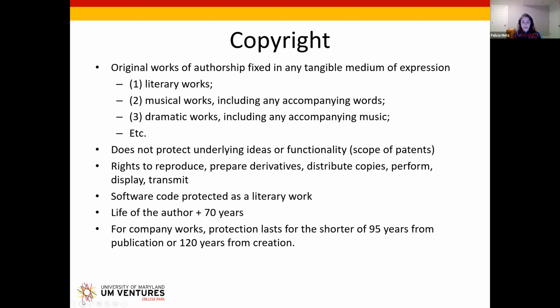For individual authors, it's life of the author plus 70 years. If it's a company that has created and owns the work, it can last up to 120 years from creation. Originally, I think copyright, along with patents, everything, I think the term was maybe 14 years. But as certain interests lobby Congress, the terms get extended. Disney's known to be a big lobbyist, and every time one of their very lucrative marks is about to expire, copyright term gets extended, though I believe they do have several valuable copyrights that are coming off this year or